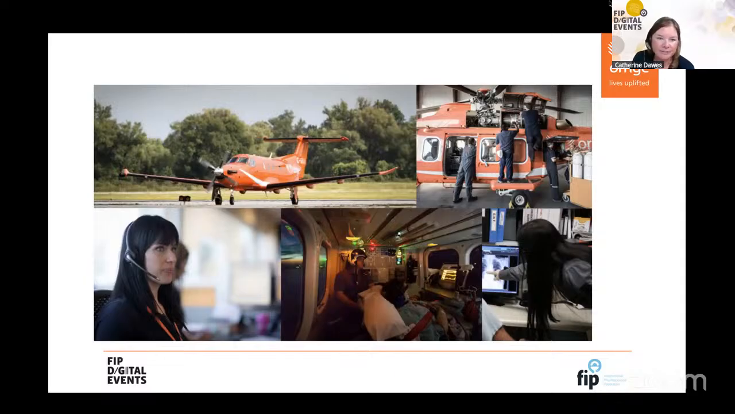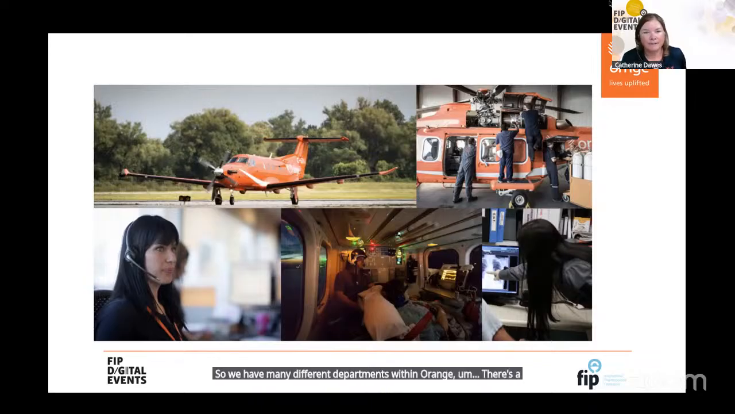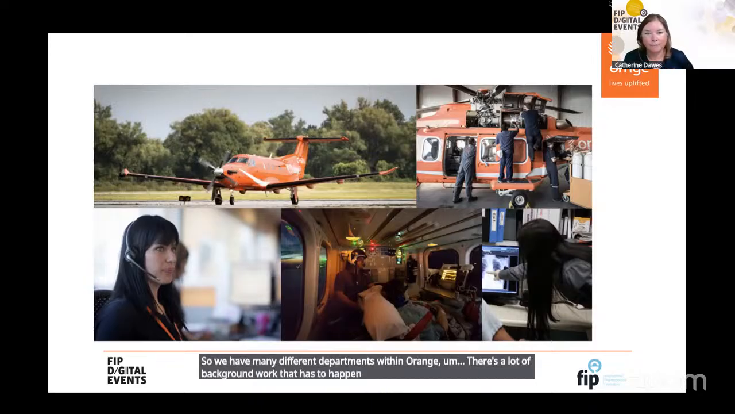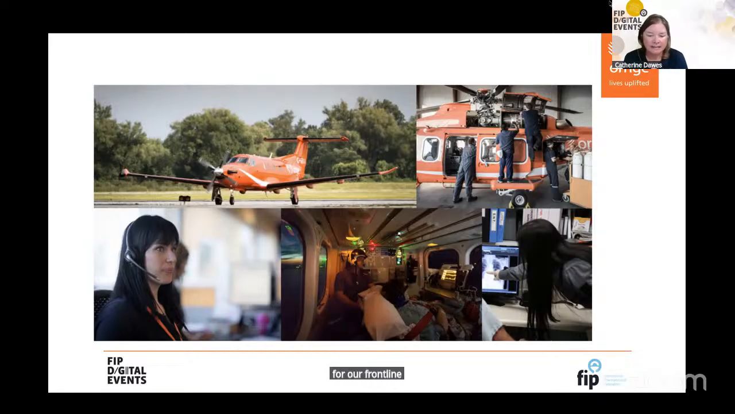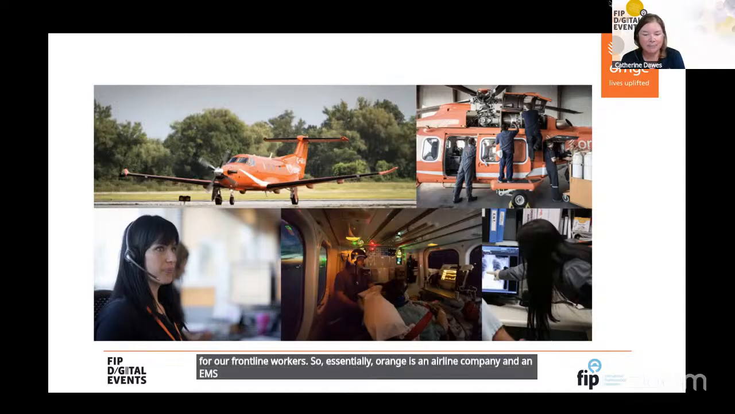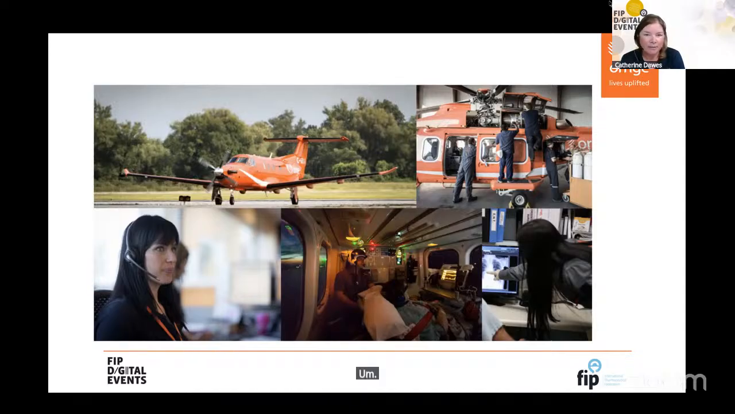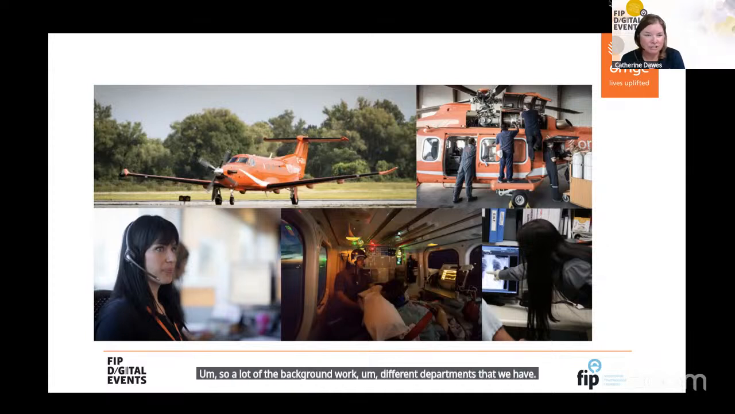So we have many different departments within Ornge. There's a lot of background work that has to happen for our frontline workers. So essentially, Ornge is an airline company and an EMS company combined. So a lot of the background work, different departments that we have: logistics, we have a workforce planning department, operations